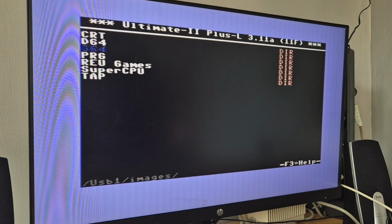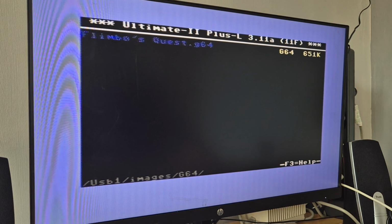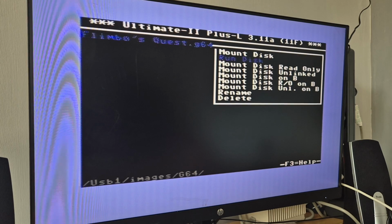Okay, so very impressive sound with these speakers combined with the cartridge itself. So our next section is going to be G64 images. In this folder, I've got one of my all-time favorite games, in fact, Flimbo's Quest. Again, if I go to run disk,